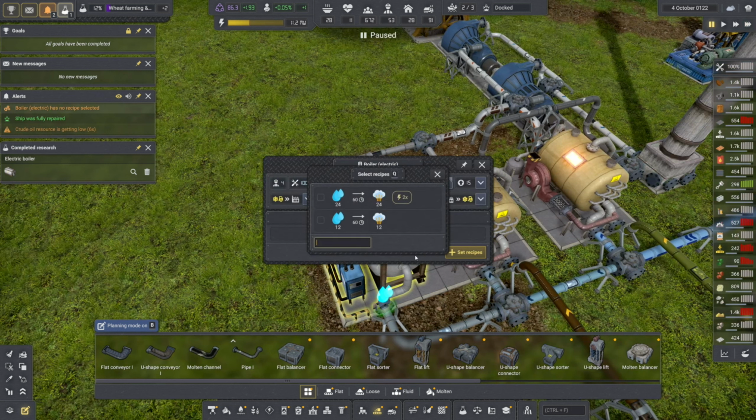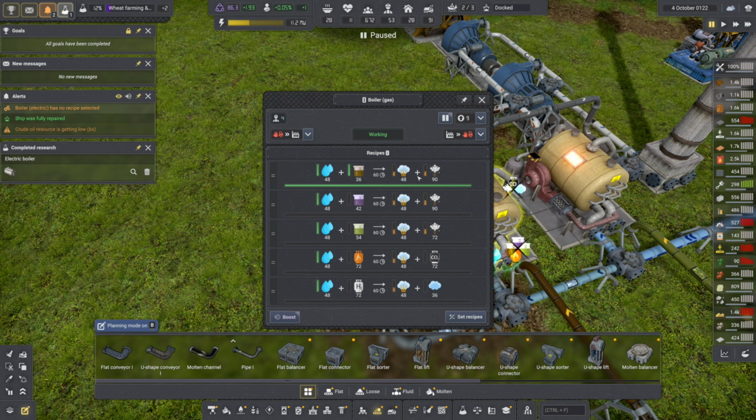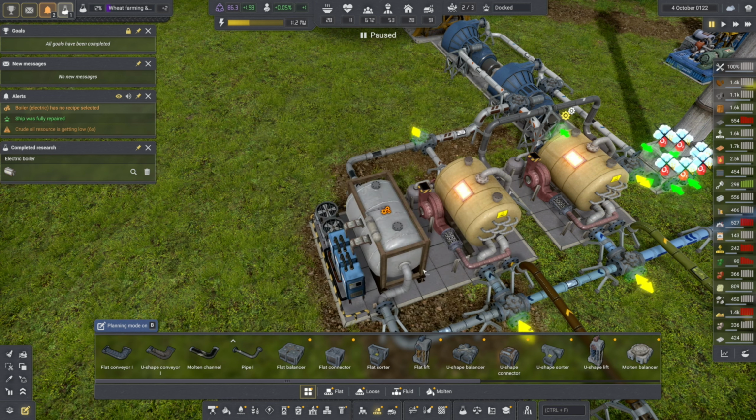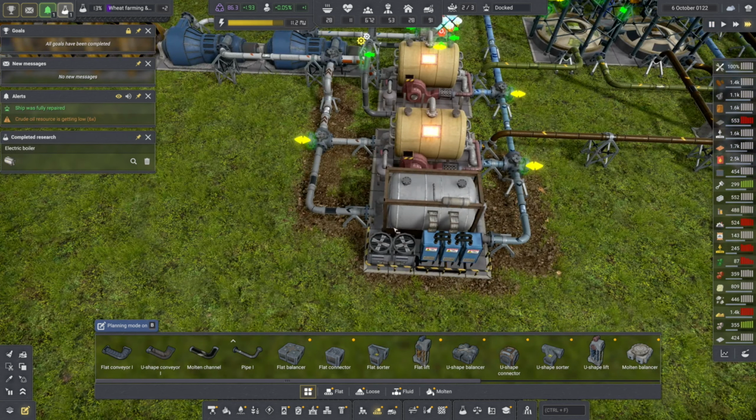What is the... Oh, we need to assign a recipe. Oh, what does this do? Oh, 2 times the power. Ah, half the power. Oh, no. So we don't want 2 times the power. The 12 only. But these guys prepare 48. Okay, so really that's not going to be... That's not going to be a good...